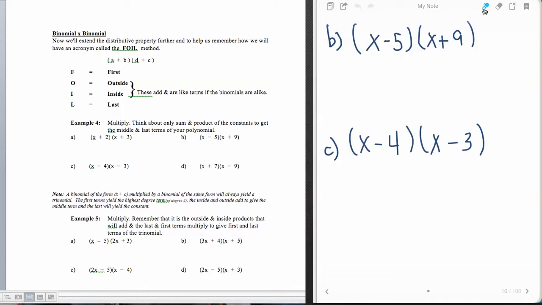Okay, so with our x minus 5 and x plus 9, I see, okay, well, I know I'm going to get an x squared term because these are multiplying, and then my middle term is going to be the sum of these numbers, negative 5 and positive 9, which is going to give me a positive 4, and those are x's. And then my last one is a negative 5 times a positive 9, which is going to give me a negative 45. Now what I want you to do before you watch the next video is actually FOIL it out, right? Do first, outsides, insides, and lasts, and come up with this same product, same answer that I